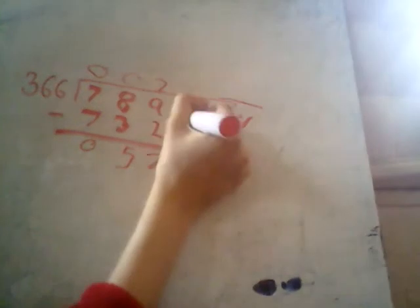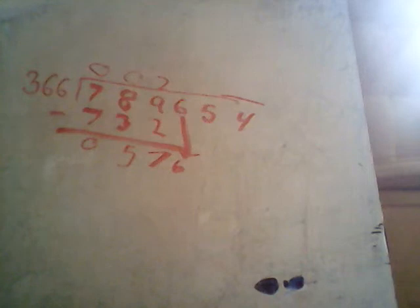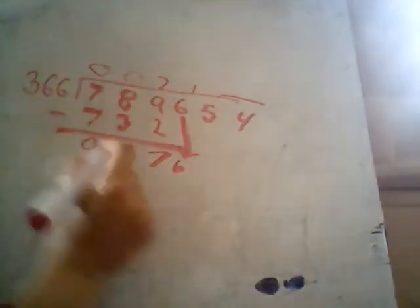Now let's go drag the 6 down. 6. Oh, still we can't do anything. Well, we can actually, yes. So we definitely know 366 only goes once in 576. So we put 1 here. But we don't know how much the remainder is. So we put